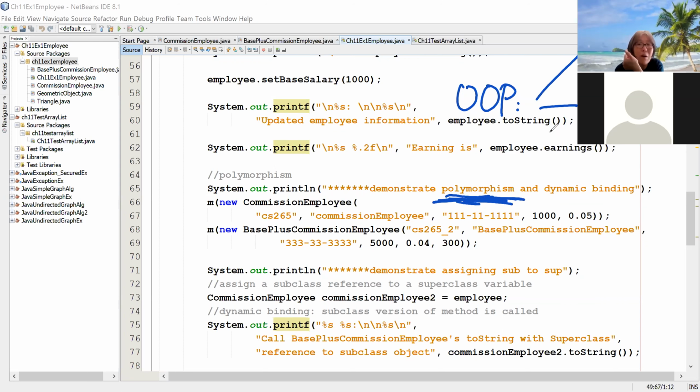So we already learned all three features: encapsulation, of OOP, object-oriented programming, inheritance, and we also learned here the third one, polymorphism. So those are the three major features that we always talk about whenever we say OOP. Okay, I think